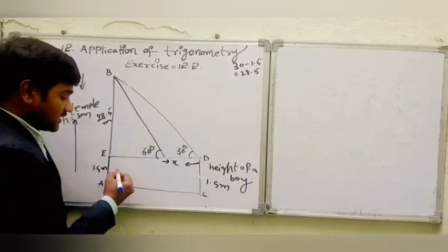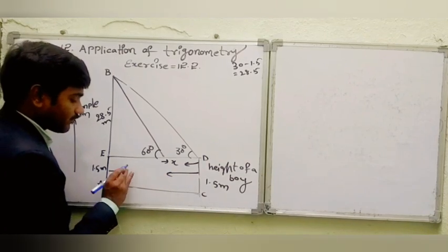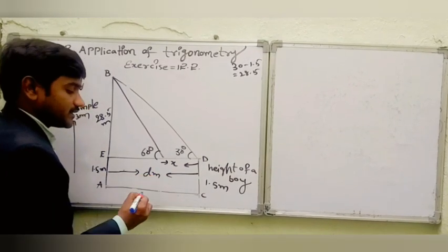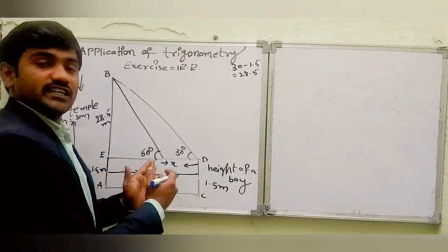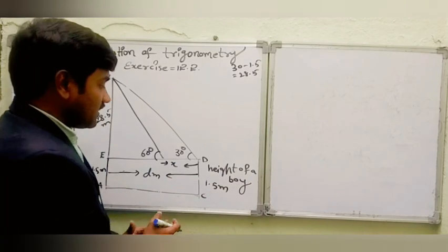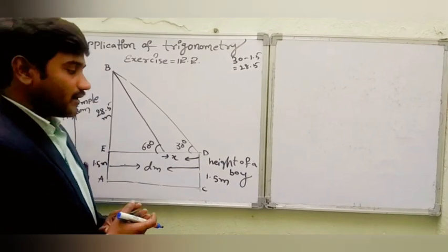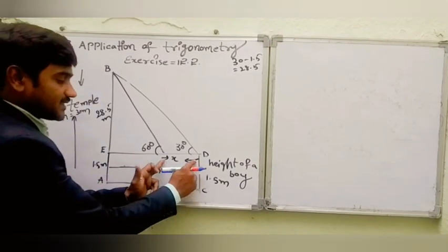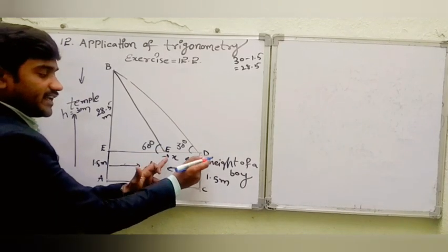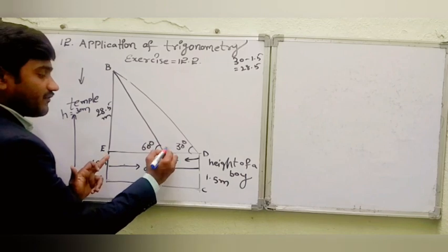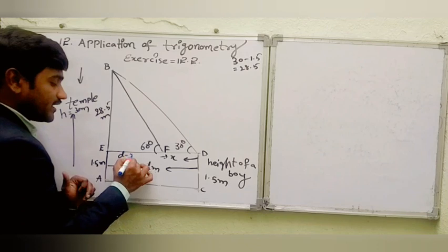So let us first see the complete distance here. Suppose the complete distance is D meters. That boy is standing at a distance of D meters. Then he walks only X meters towards the temple. Now it is completely D, and now it is X. So here, suppose ED equal to X, then EF, suppose FD equal to X, then EF equal to D minus X.